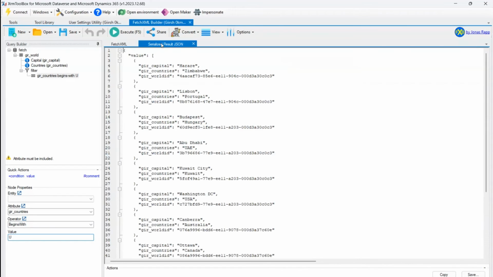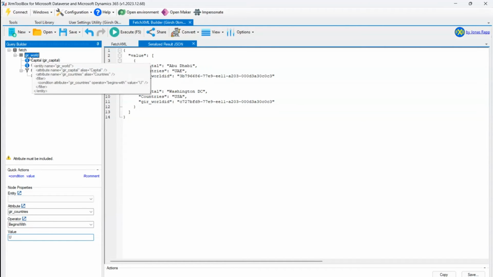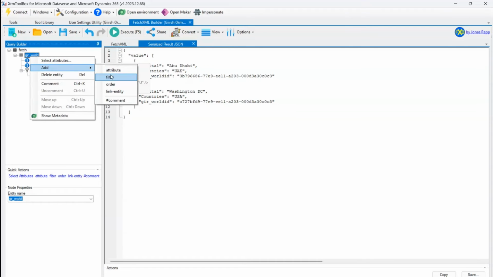Now, if you see the output, let me execute this. You'll see only two records which have UAE and USA as a country. So this is the output we expected. Now, if we are locking down with this particular XML, then we can do other options as well, like we have an option to add an order if I want to sort it by ascending or descending,